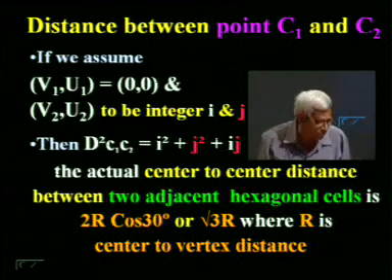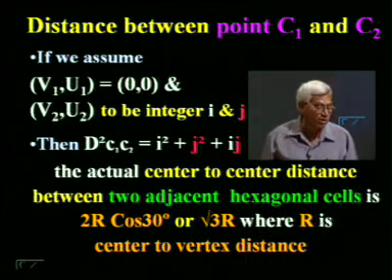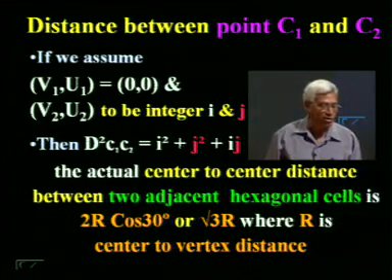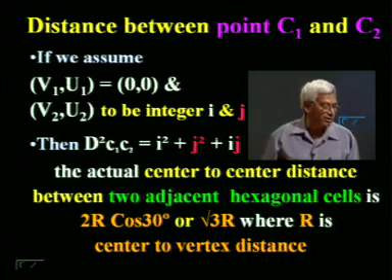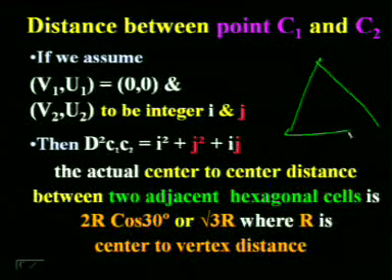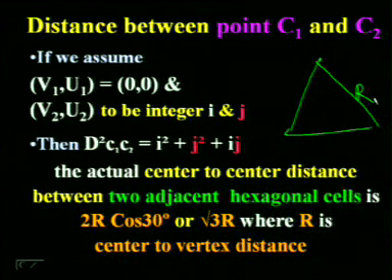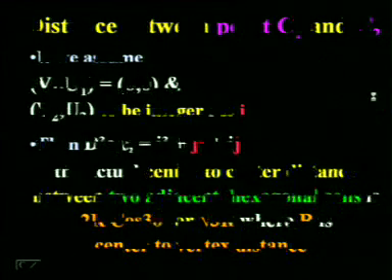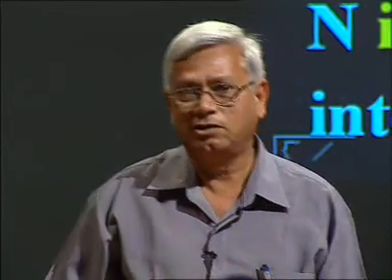The actual center to center distance between two adjacent hexagonal cells is 2 r cos 30 or root 3 r, where r is the center to vertex distance. What does it mean? In a triangular cell, this is the r, this is the equilateral triangle. So, the relation between D and N. What is D? The distance between 2 points C1 and C2, and N is the